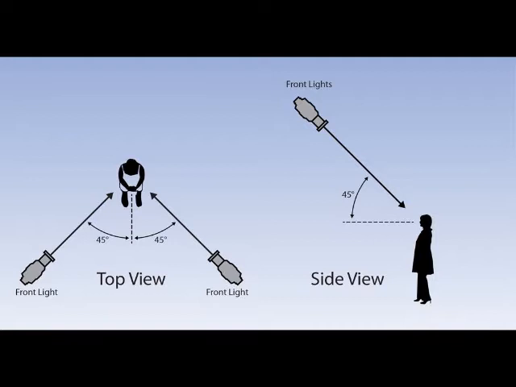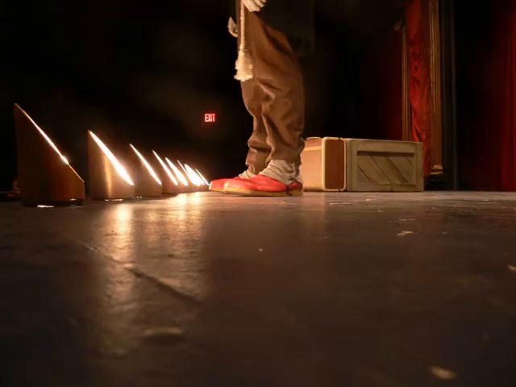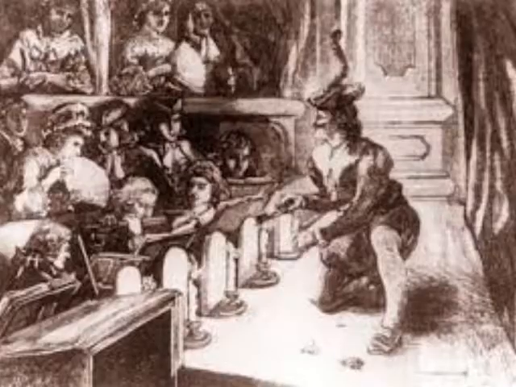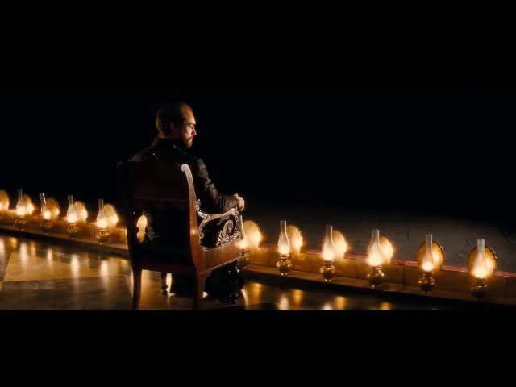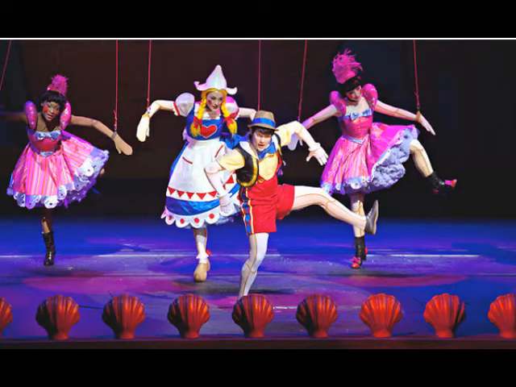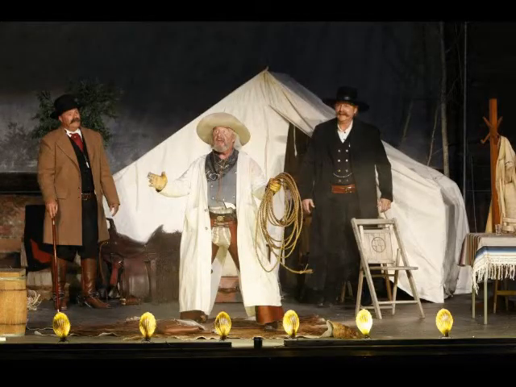45 degrees up is a standard neutral position, but what if you put that light at a lower angle? Footlights are lights typically located on the front of the stage, angled upward toward your actors. The purpose of the footlight can depend on how you use it. Used at low intensity, footlights can help offset any shadows created by overhead lighting. However, when used at high intensity, they can have an effect not unlike sticking a flashlight under your face to tell a scary story. In other words, it can be a bit spooky. The use of the footlight can range anywhere from providing more frontal light on your actor to creating drastic shadows